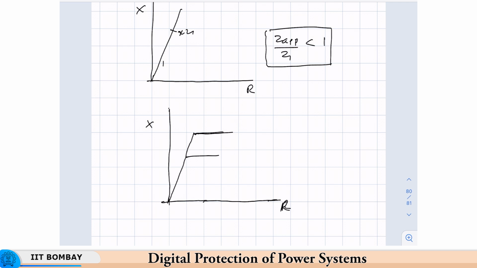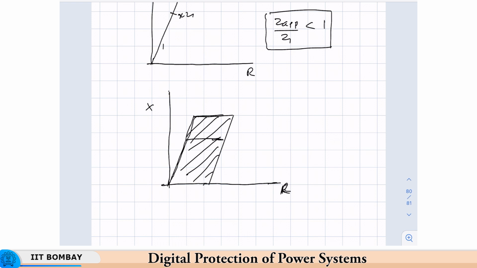Now, with the legacy systems, this kind of characteristic, this is known as a characteristic. Any shape of the relay characteristic on the Rx plane should be realizable by the relay itself. Okay, so now this type of characteristic was not easily realizable in terms of the electromechanical relay. So what was done is, what we call the Mho relay. Okay. This is a circle